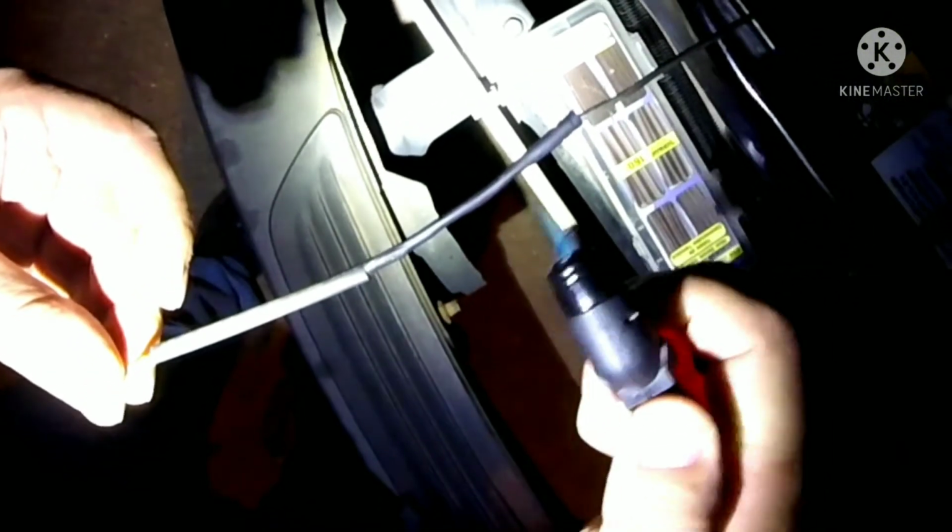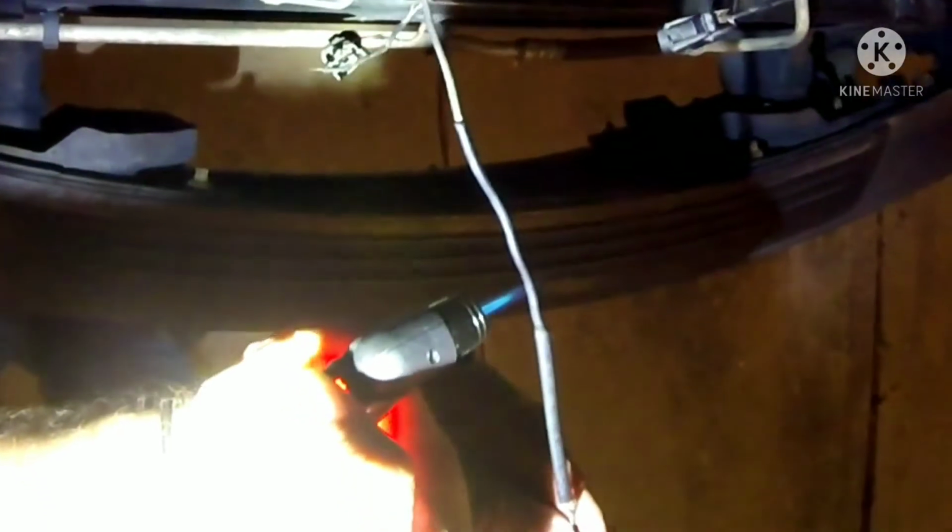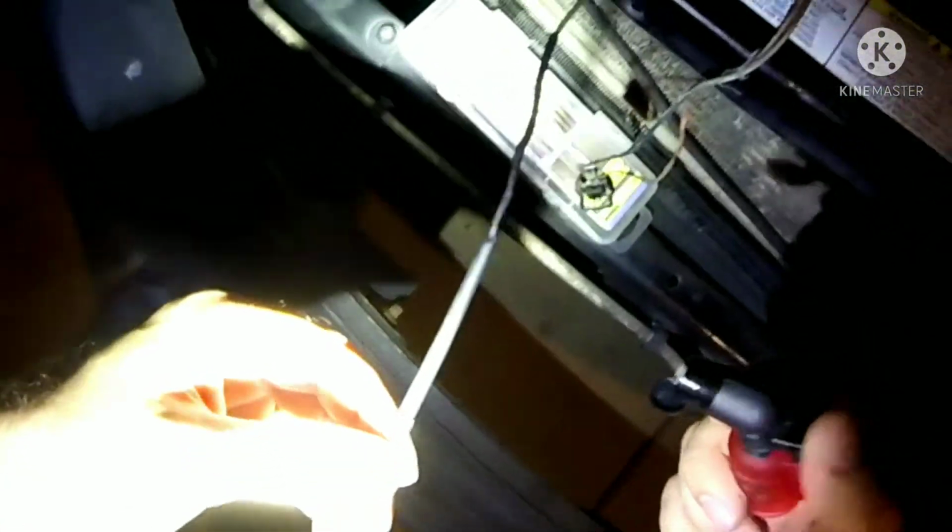Just a little bit of heat. You see how it's shrinking? Just keep it moving back and forth and hit it on both sides. And voila, a whole new coating on the outside of that wire, and no matter what you do, they'll never